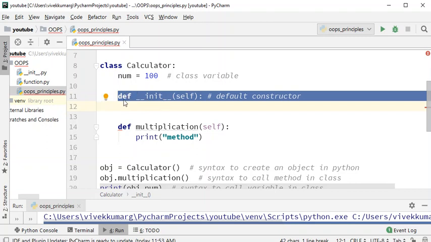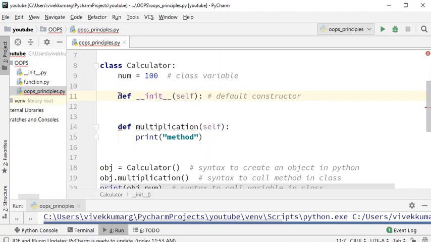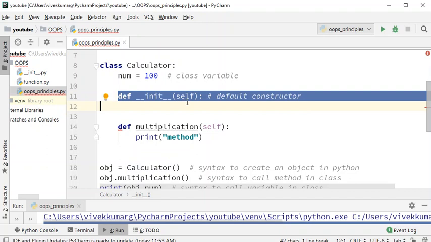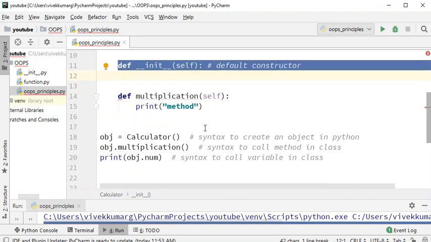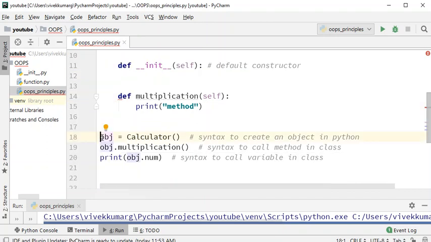For your visual understanding, I have kept it here. You haven't declared it yet, right? As soon as you create an object, this is the default constructor that gets attached to this class. So you haven't defined anything. But if you declare a constructor, then that method will be called first at step number 18.